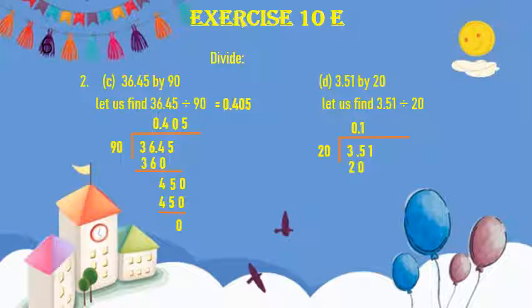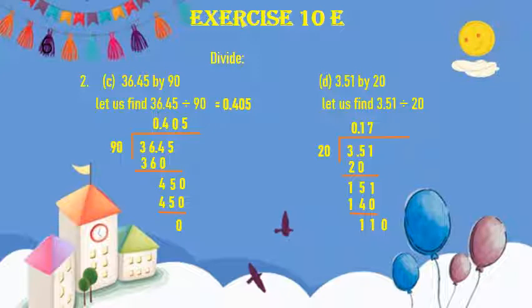And now 35 minus 20, we get 15. Now we will bring down 1 and our number will become 151. Now we will divide 151 by 20. So 20 sevens are 140. So we will write 7 in the quotient and now we will subtract 140 from 151. We get 11. Now we will add 0, as after putting the decimal in the quotient we can add 0 at every step of our division. So we will add 0 and our number will become 110.